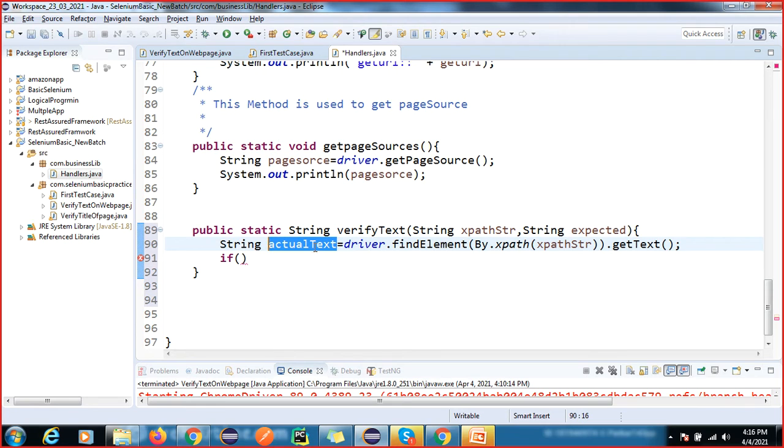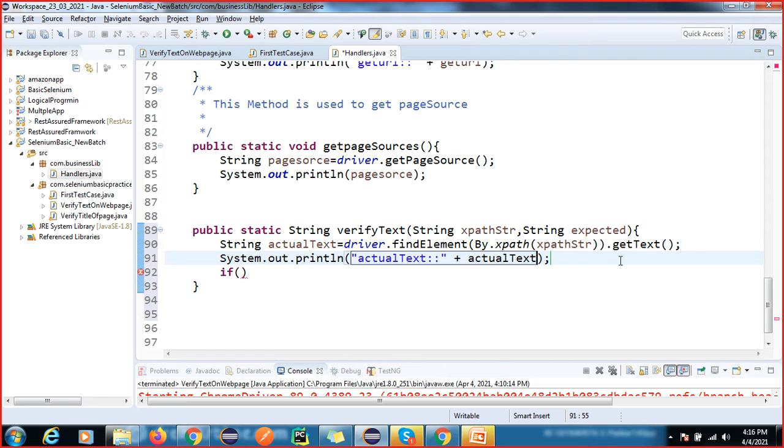Whatever I am doing, the same steps you have to follow. What happens in real time is you will get some new scenario and you have to create your own reusable method. Then how to do that?